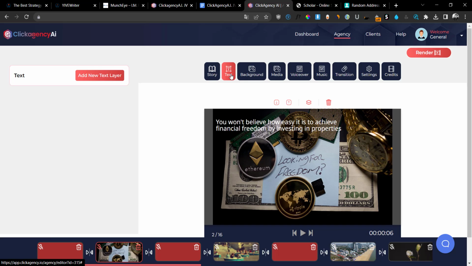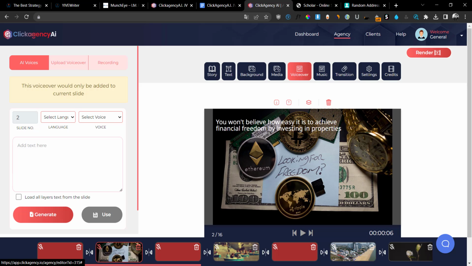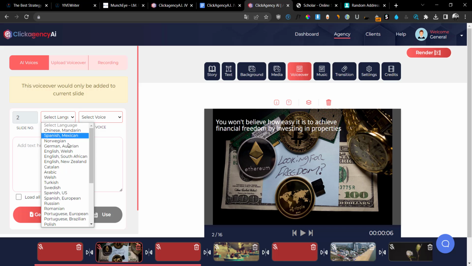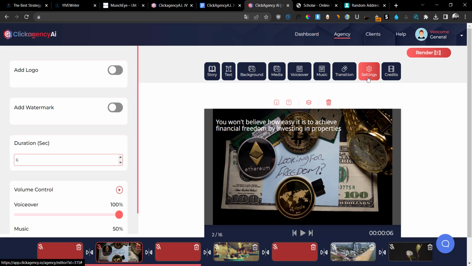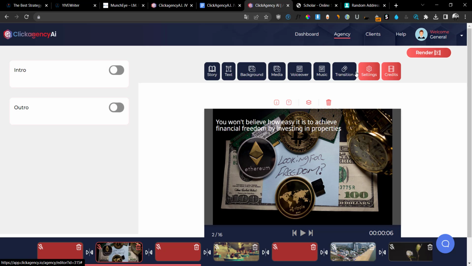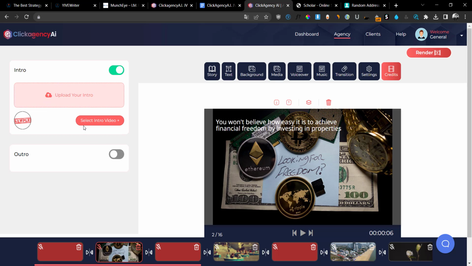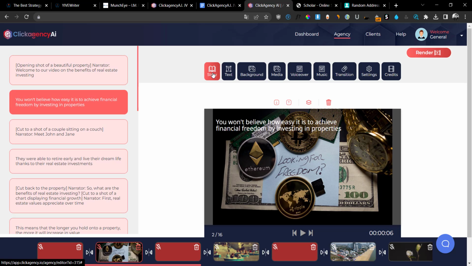You can go ahead and modify, add different text layers, backgrounds. You can modify the background. You can add different media assets such as images and videos. You can search from their own built-in library. You can add your own voiceover or use their built-in voiceover creator software. You can add music, transitions, and you can go ahead and add as well your logos and watermarks throughout the video. You can also go and add different intros and outros if you want to. So if you click here, you can upload your own specific outros. So they have their full built-in